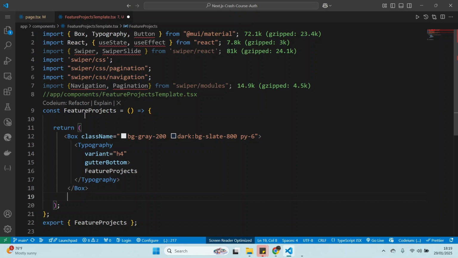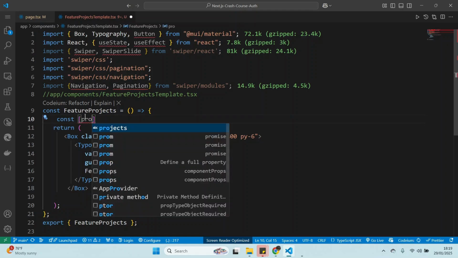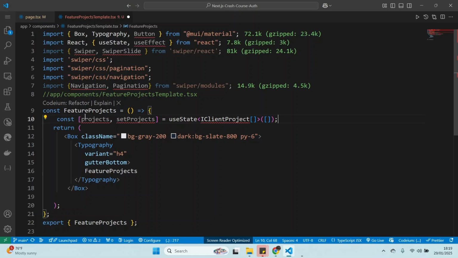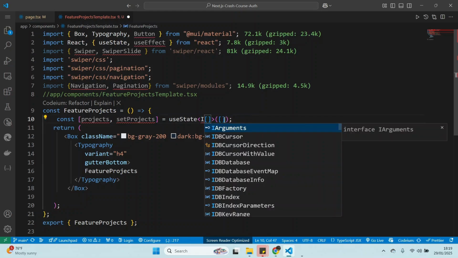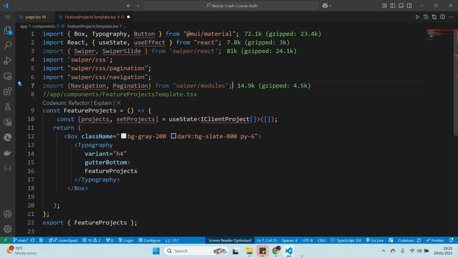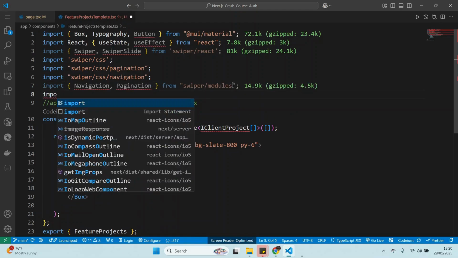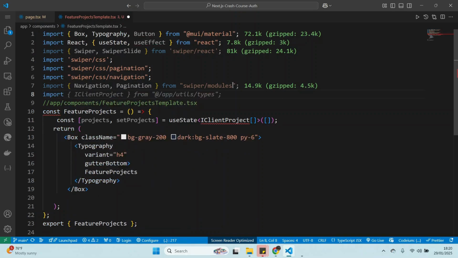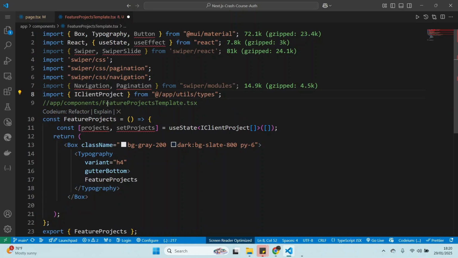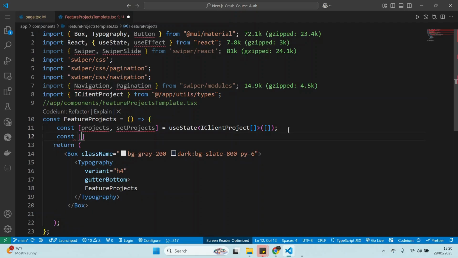first of all, here we want to get some variables. Let's say const projects, setProjects. We will use our client project. We don't have it, we need to import it. If you can, try to import it. Import client project, NTFS client project,